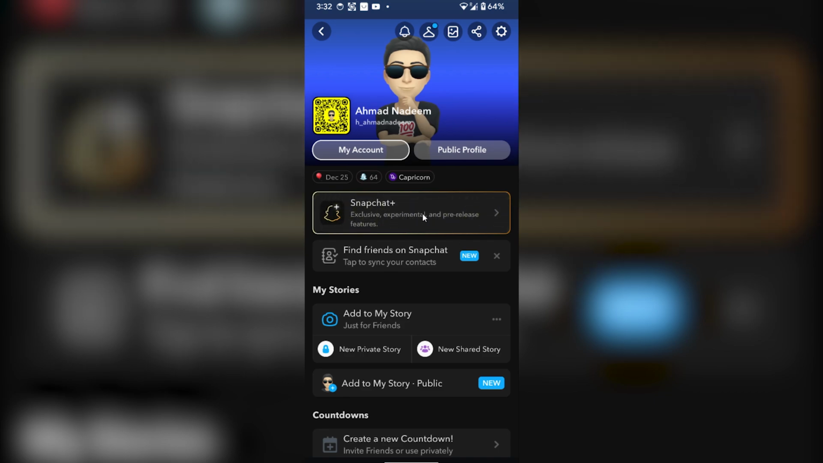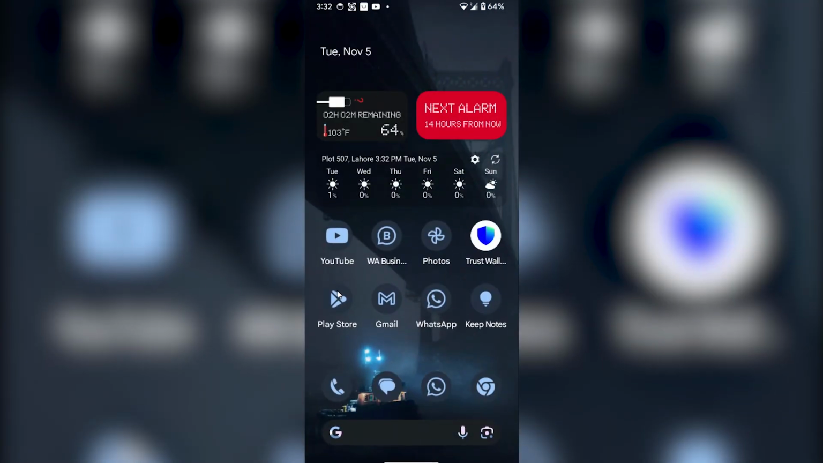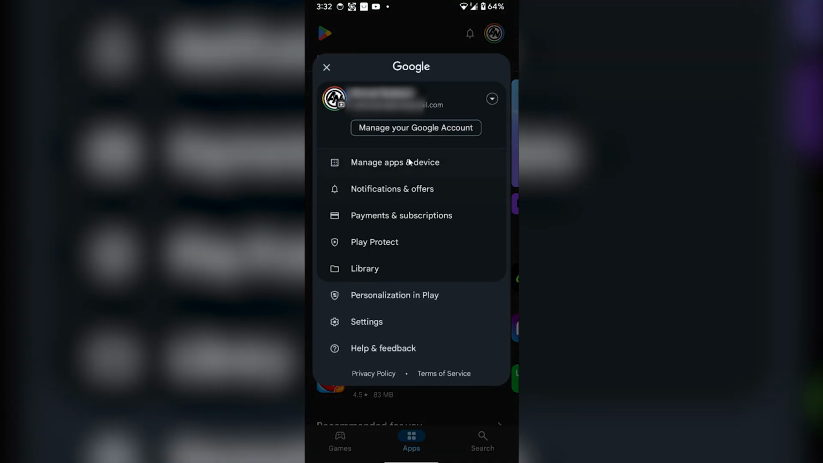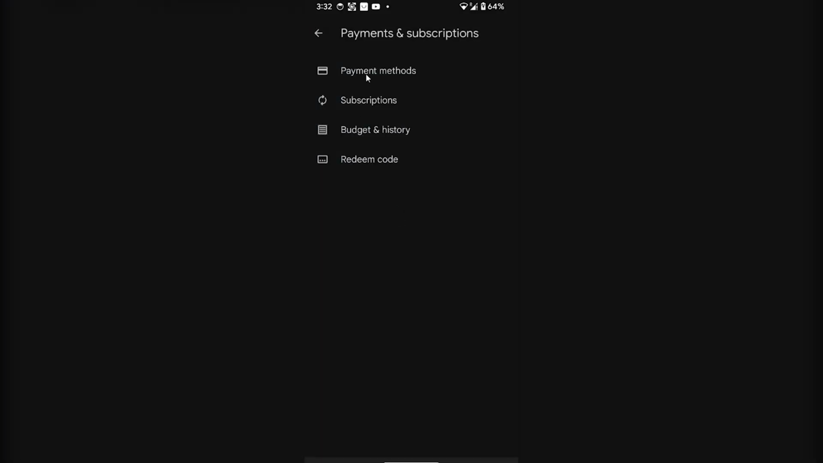If you have subscribed to Snapchat Plus, then all you have to do is open your Play Store and click on your profile icon. From here you will see payments and subscriptions. If you are subscribed to Snapchat Plus, you have to go to the subscriptions, and there